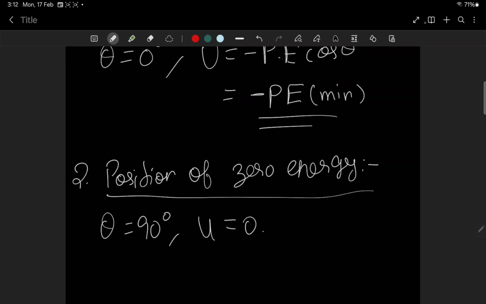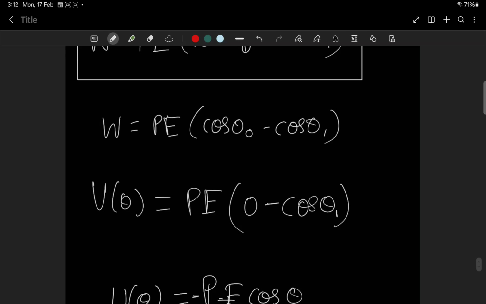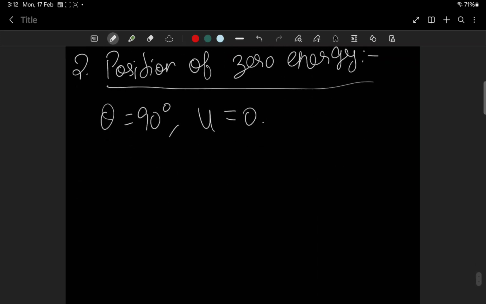Now from here we can understand once again why we used cos theta naught as 0. Because we are imagining it as changing from zero energy to a given constant energy at theta 1. Then theta naught term is gone, so we don't need two thetas, and this energy is equal to the potential energy of that substance. That way we used theta equal to 90 degree, so U equal to 0.